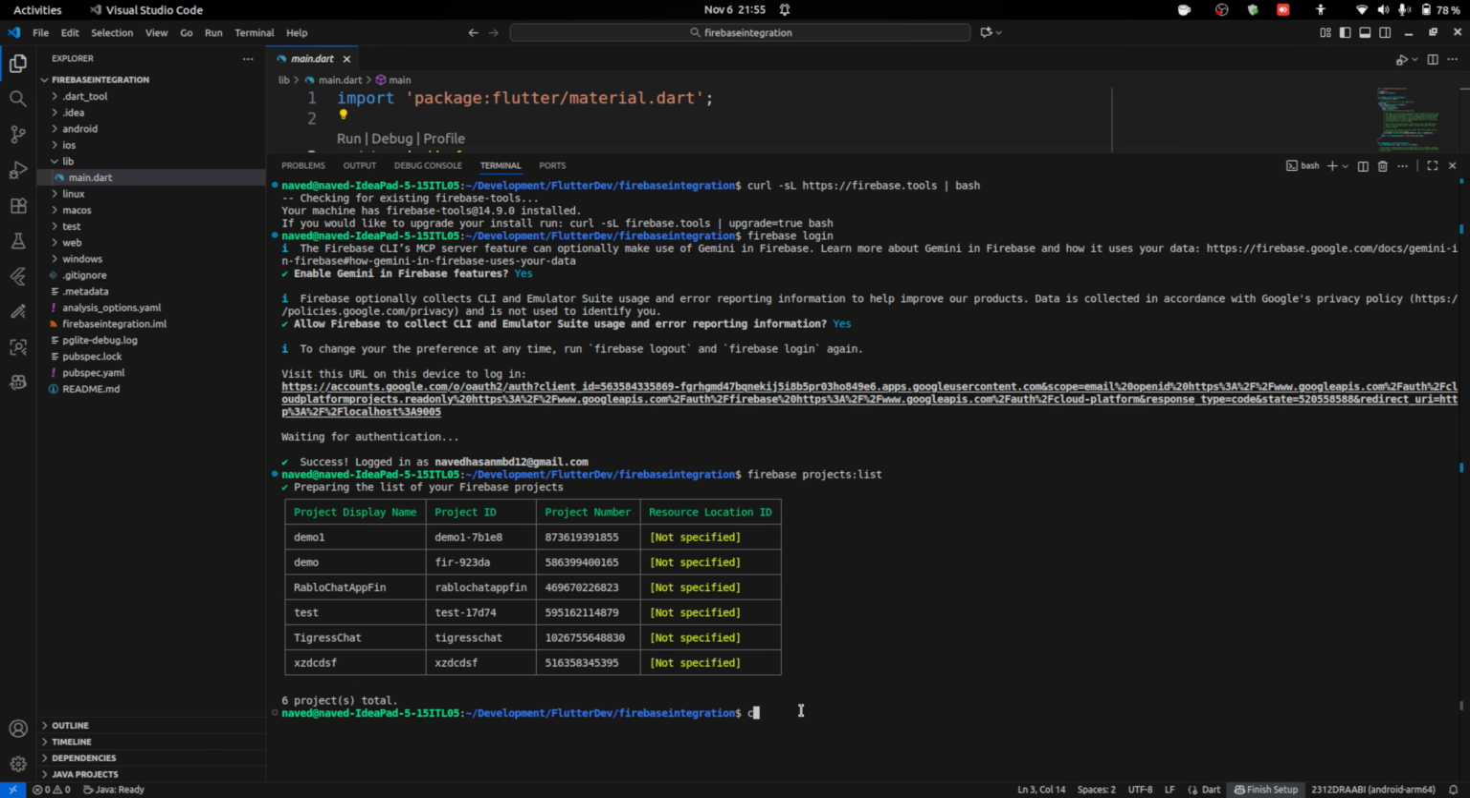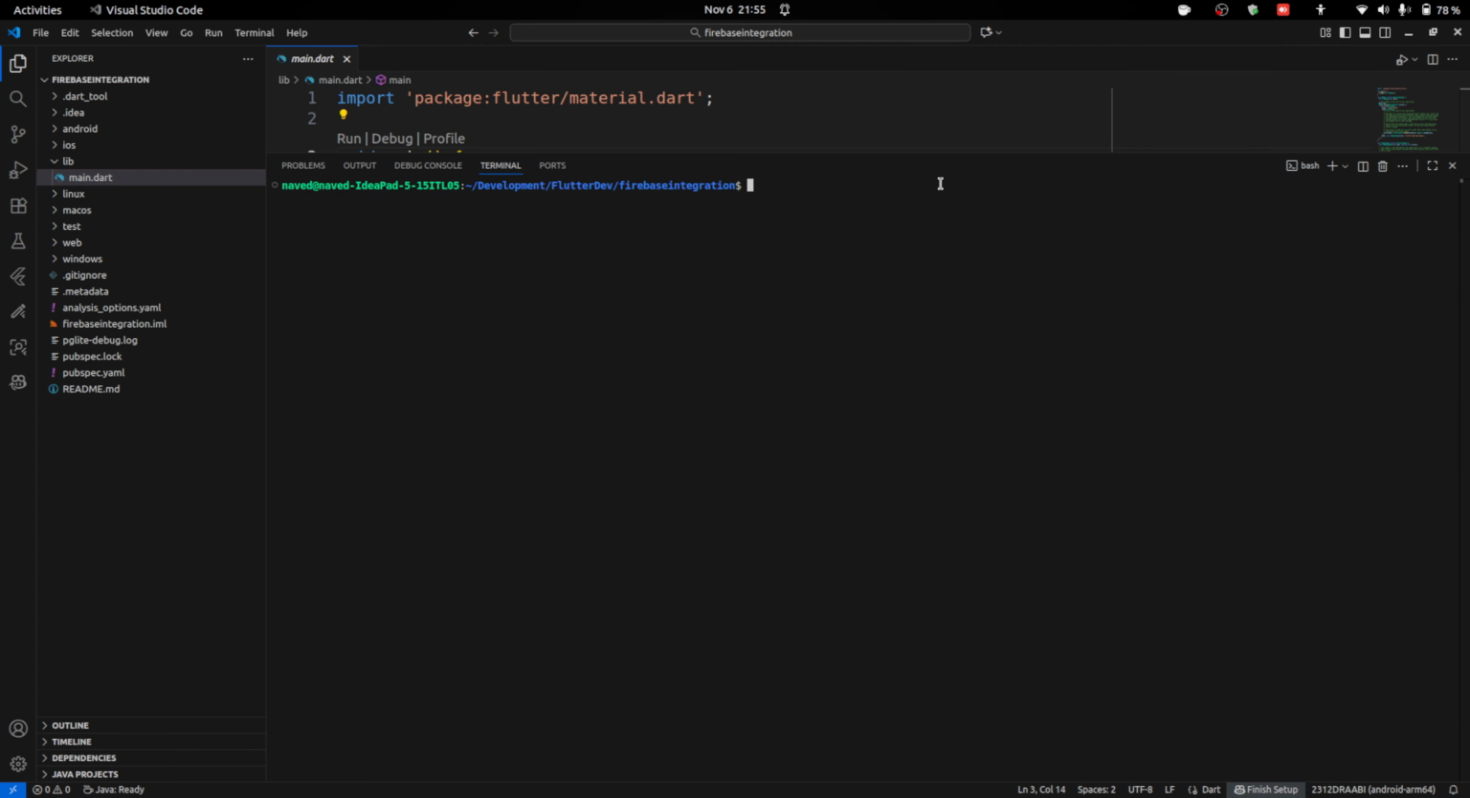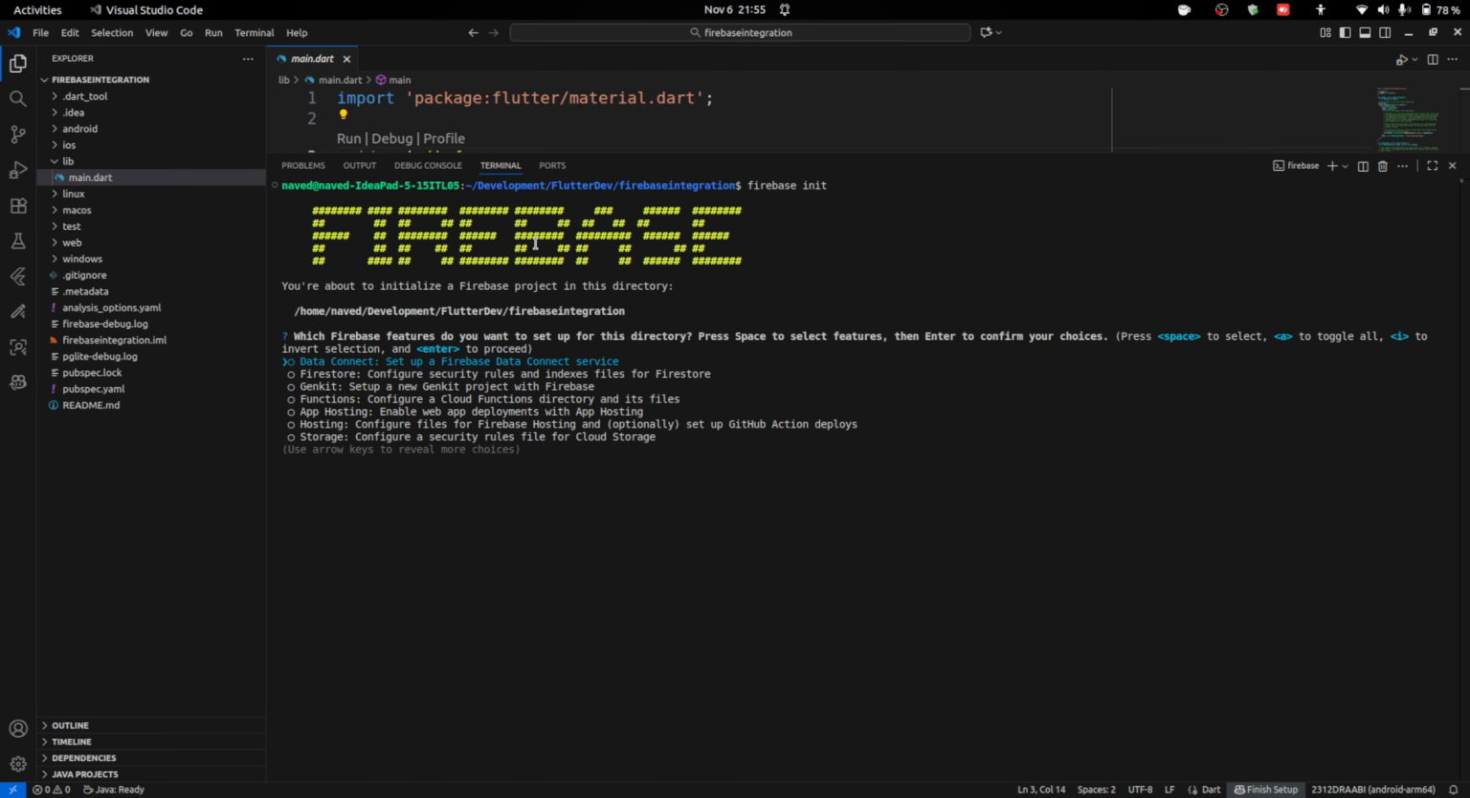So now let us clear the terminal first. Now we need to initialize Firebase. For this, just type firebase init and press enter. Now this will initialize Firebase. Now we need to choose which features we want. So firstly we need Firestore. For Firestore, just press the space bar,